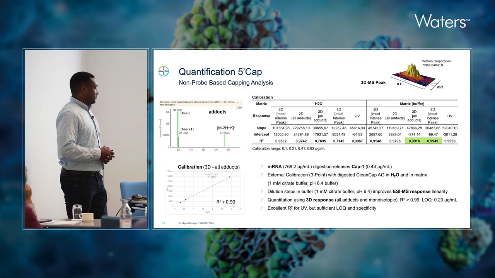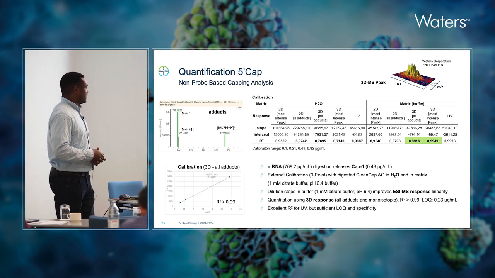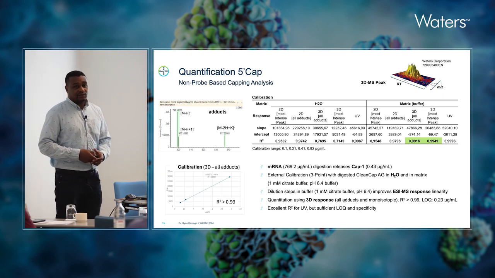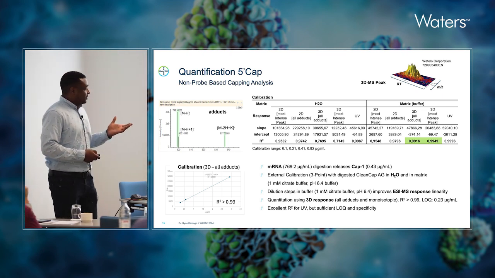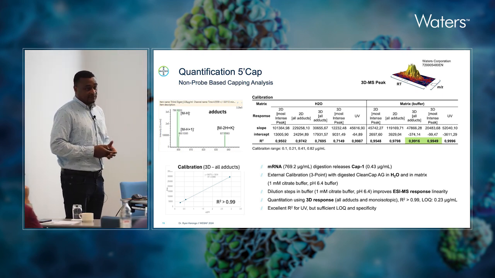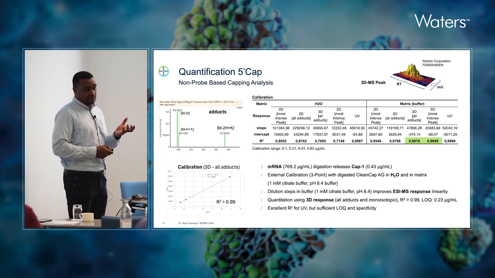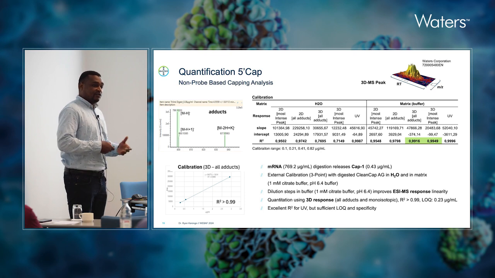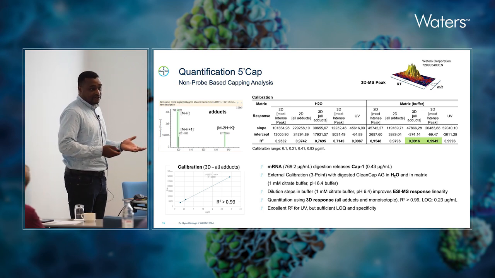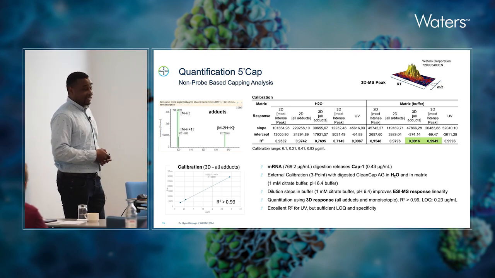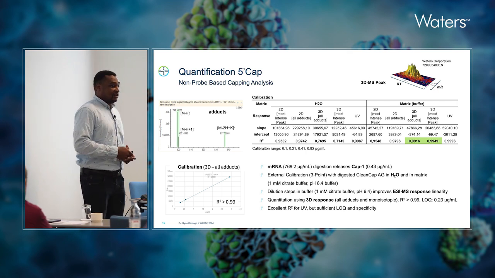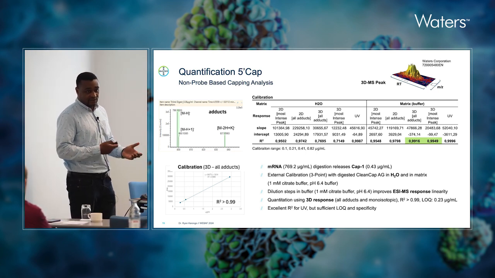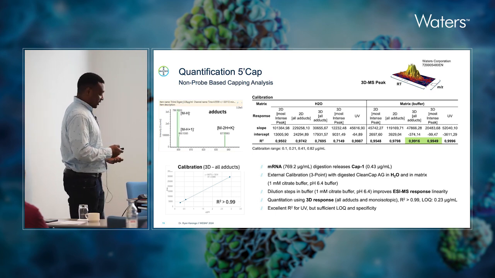Our limit of quantitation is below 1 microgram per milliliter, which also means that for higher sensitivity, let's say if we need to detect cap structures which are 1% of expected or below 1%, and regulations will probably be in place in the future, this method would require, of course, something like a triple quad, so a more sensitive mass spectrometer.